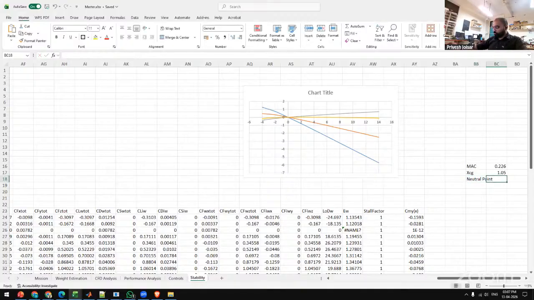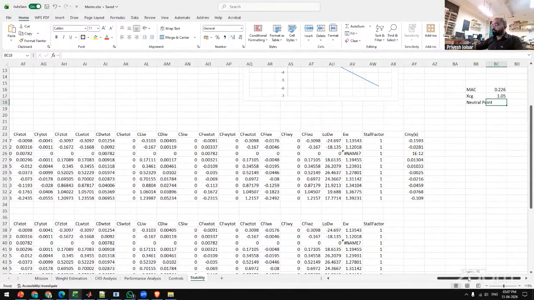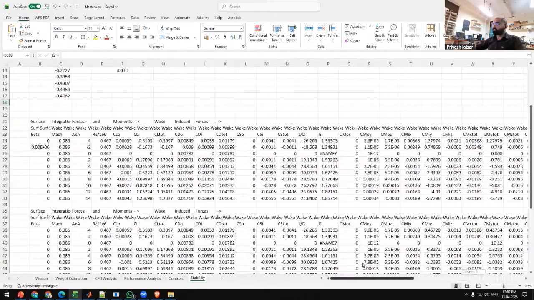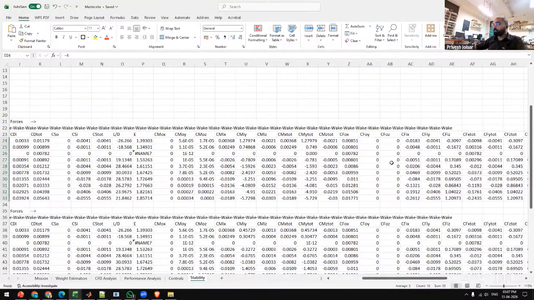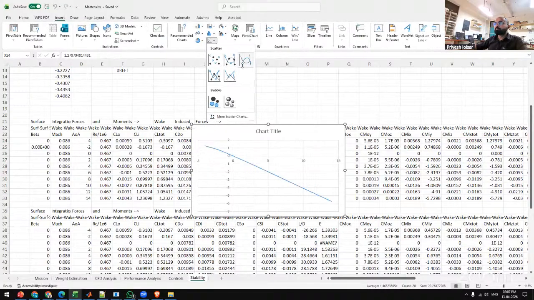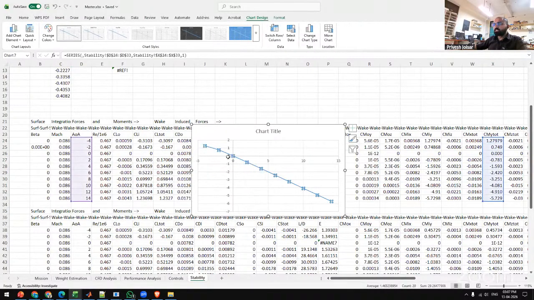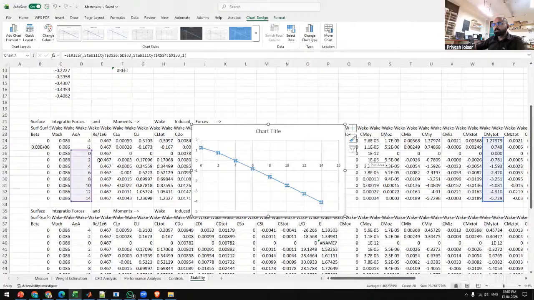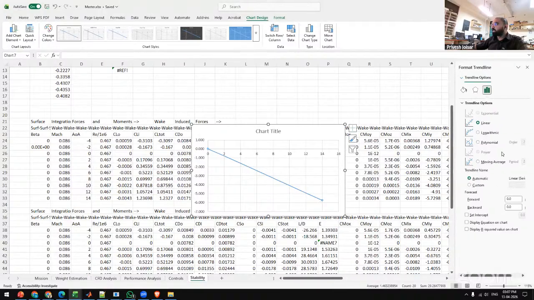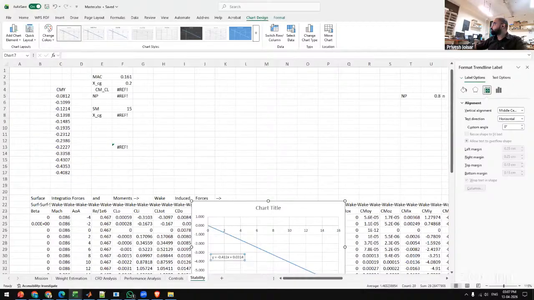I have to calculate the slope of my graph. This slope, the original slope for the CG location of 0, versus CMY total. So this is the slope. I'll only use the linear regions. Maybe I'll remove these 2 points. I have a linear graph. I'll just add a trend line, linear, display equation on chart. So y is equal to mx plus c. So my slope is